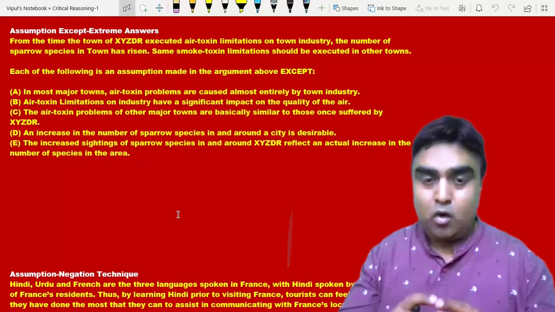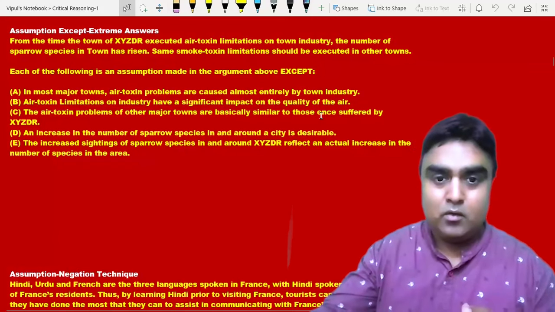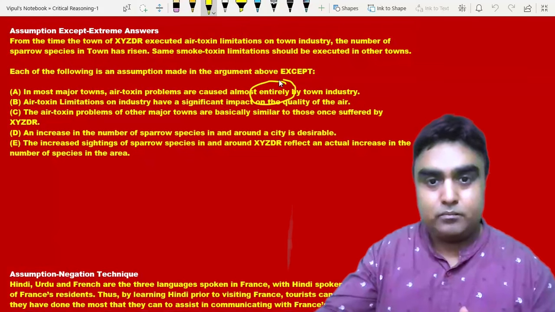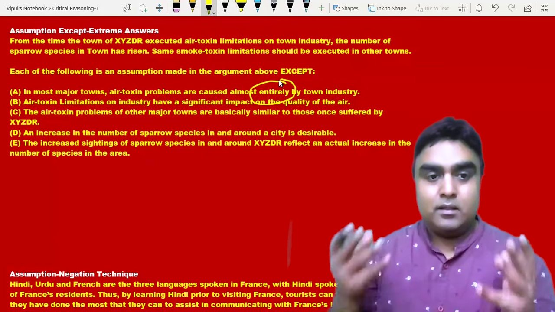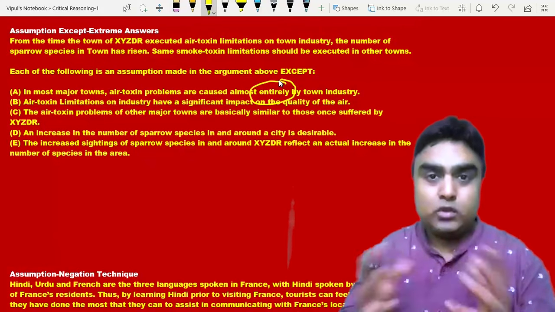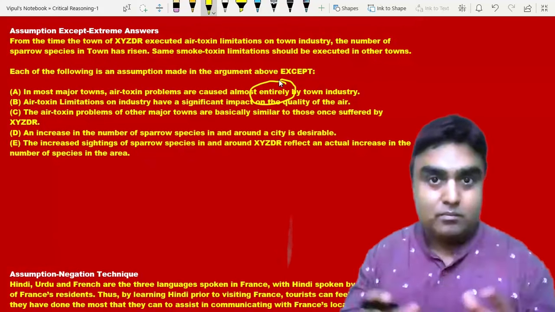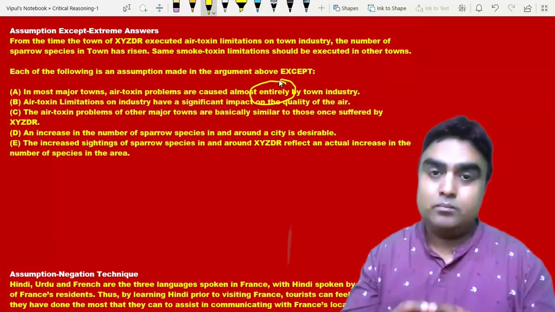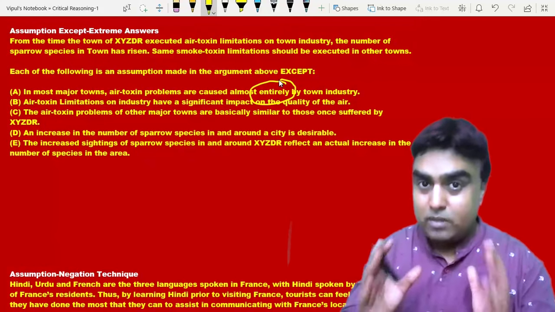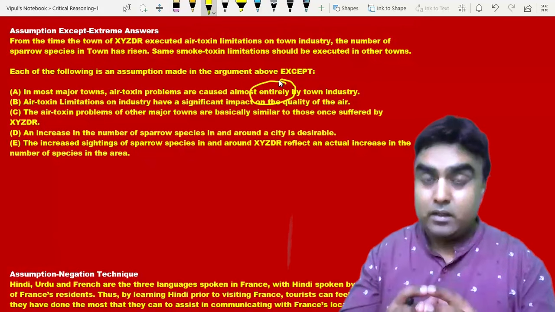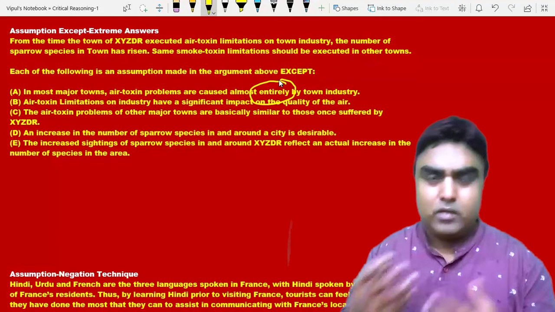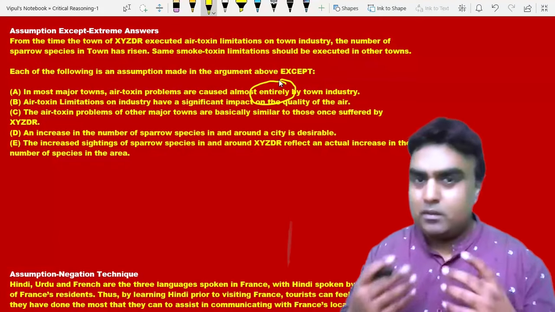And when you look at option A, there is a simple word, "entirely," which makes the whole thing like the total problems were entirely caused by the town industry. And most of the times, I'm not saying every time, but most of the times extreme answers are wrong. So whenever you see an assumption question with an "except" in the answer, it's a very tricky question. Even if the passage might look very easy,